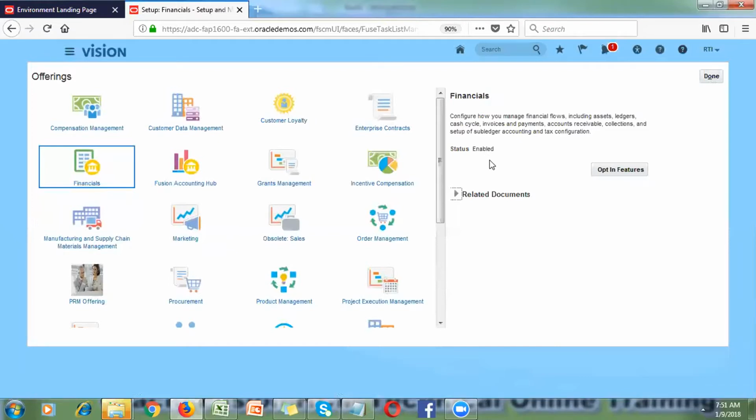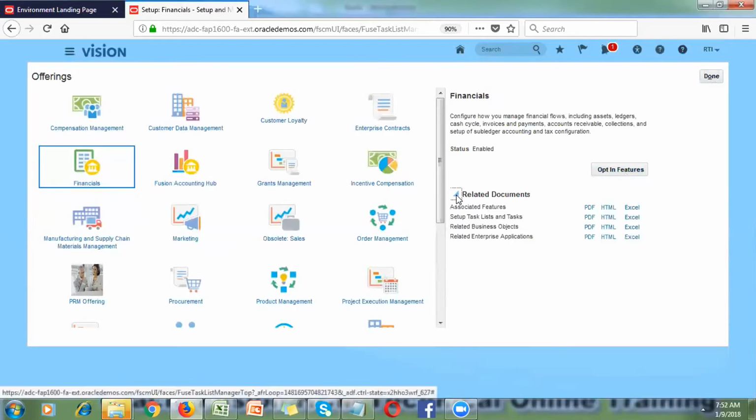This Financials offering, we already discussed disable, enable, and configure offerings. If you disable the status, it will show as disabled. Setup enabled means you can see the configuration in this particular environment. And here you can see the related documents, the financial-related documents. If you don't know anything and you have just started freshly, and you want to know some information regarding financials,